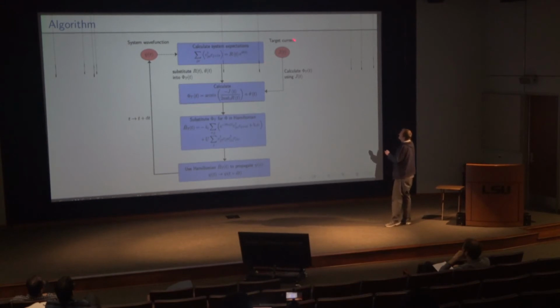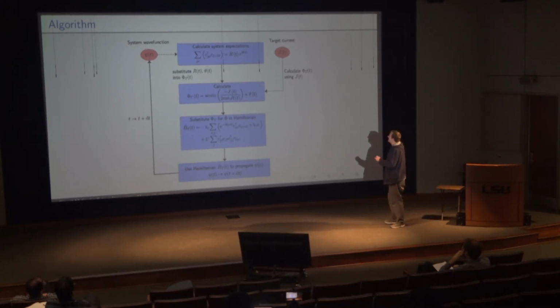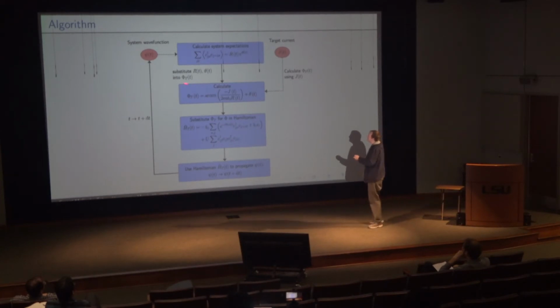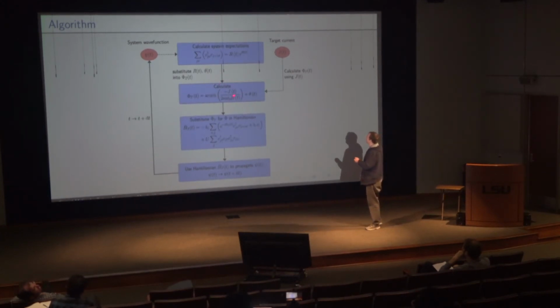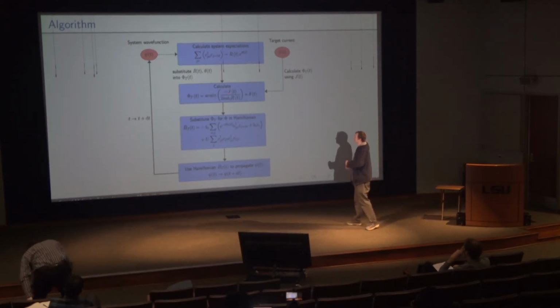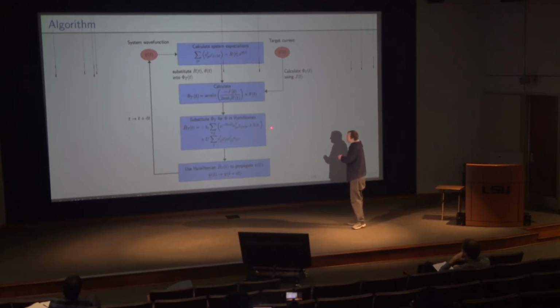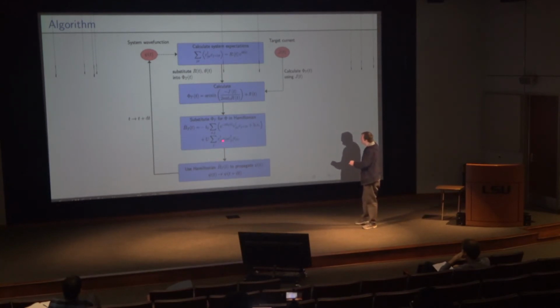So you would start with some target expectation, in this instance the current. Within your system you have some control field, say phi, coupled to some other Hamiltonian. What you want to do is find an expression for your control field in terms of the expectation that you're trying to track. Because at that point you can put in the trajectory you want, this gives you an answer for what your control field should be, and when you substitute this into your Hamiltonian, you can use it to propagate the system wave function.